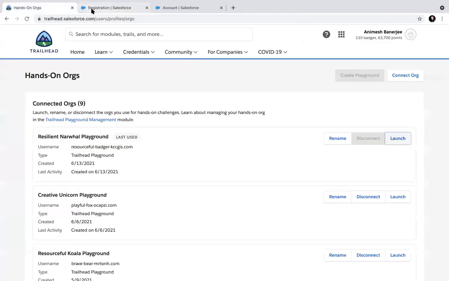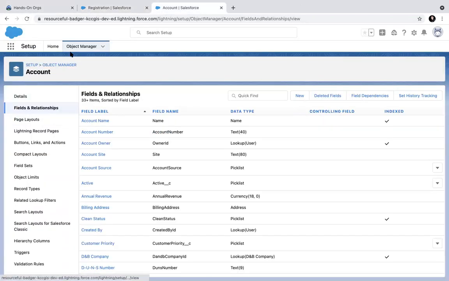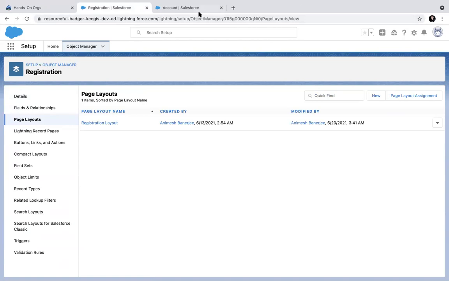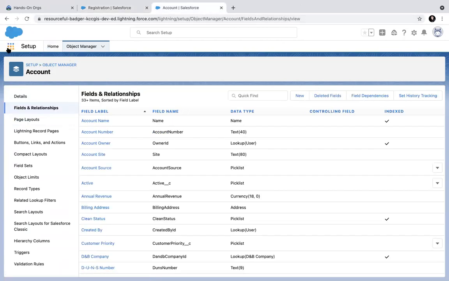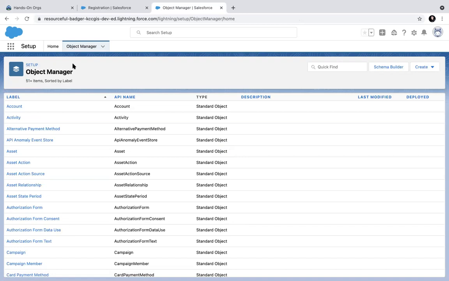Due to cache. But that would be specifically for profiles, right? No, read only or editable per profile will come in security. That is at the field level itself. This is just page layout. Okay, that means it's superficial. It is just basically on that screen. I can make it read only, or I can make it required. But if you are loading data through other tools, it will not impact.